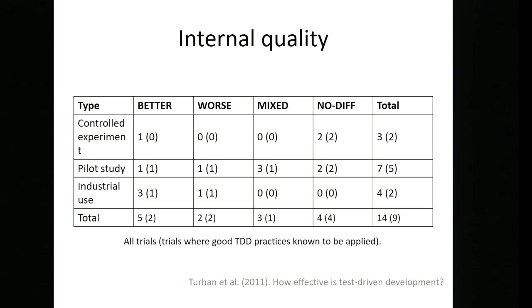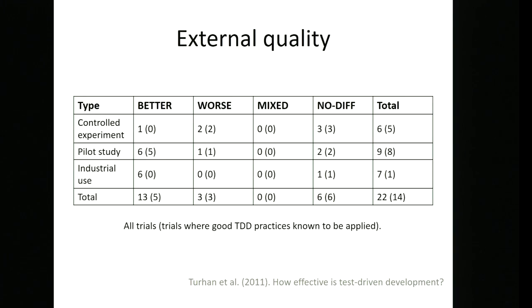So, you know, this is kind of tentative, maybe, evidence. What about external quality? So the difference here seems to be much bigger. External quality is basically where you're looking at the user-facing part of the software. So when the software is out there and being used, are